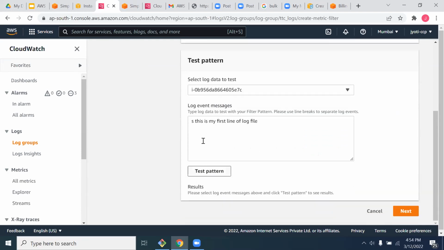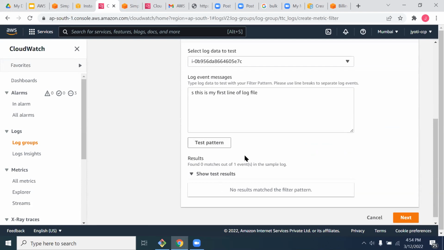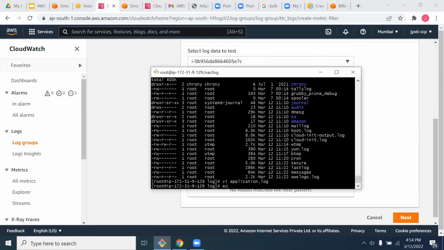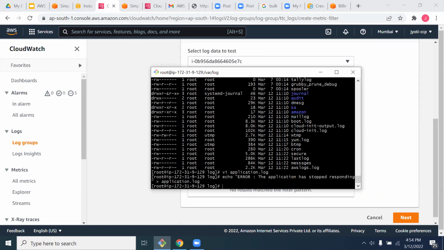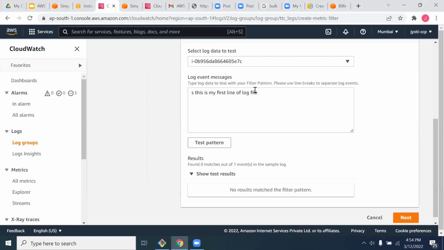Okay. So if you see, this is telling you all the data which is there in your log file, right? Right now, there's no result because we didn't have any text added. Let me go ahead and add something as the application has stopped responding. Now let me go ahead and